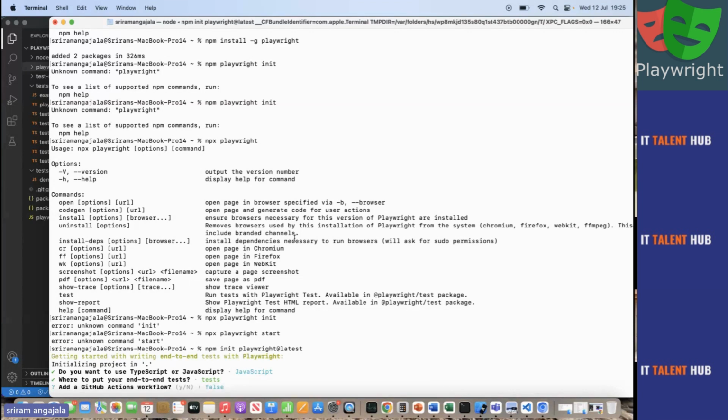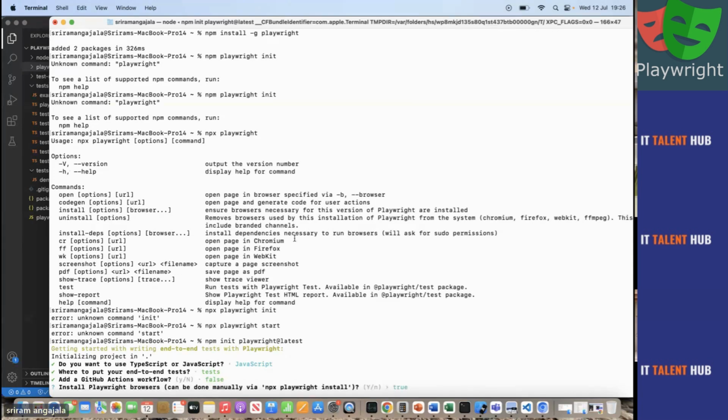Okay. And do you need to create Git actions? Because for the CI/CD pipeline, by default, Playwright is linked with Git actions. Okay, because Git actions is a CI/CD pipeline tool given by GitHub people. So it actually provides a YAML file and configuration. Okay, but as of now, I'm just putting false. That is done.